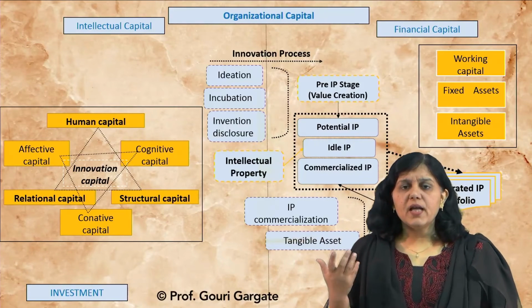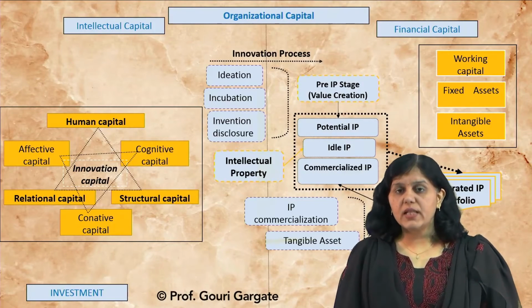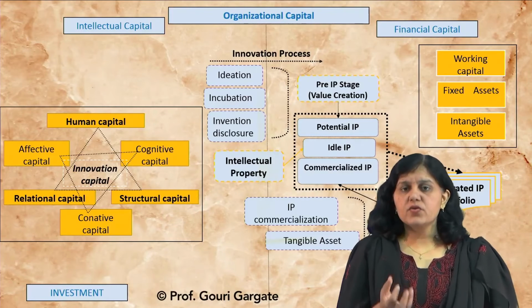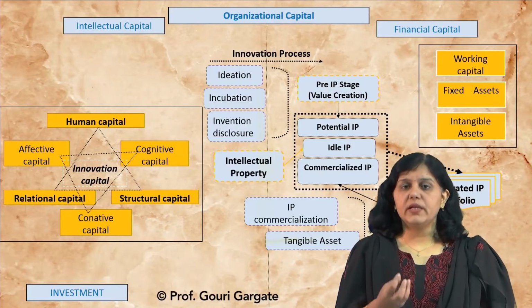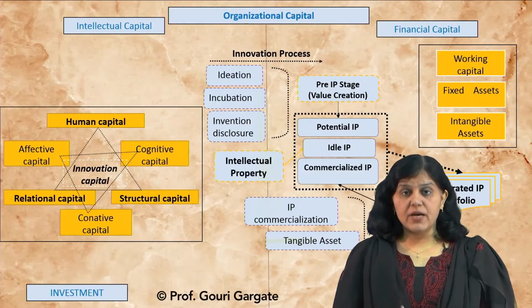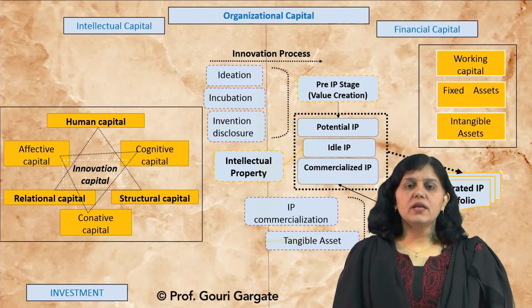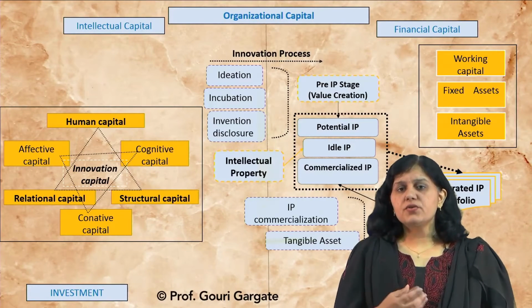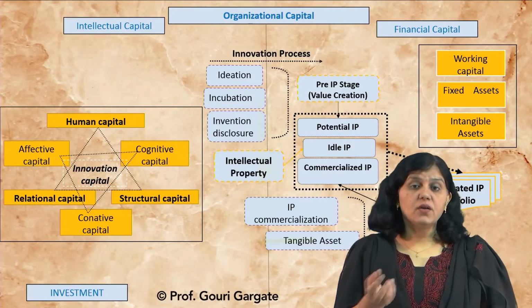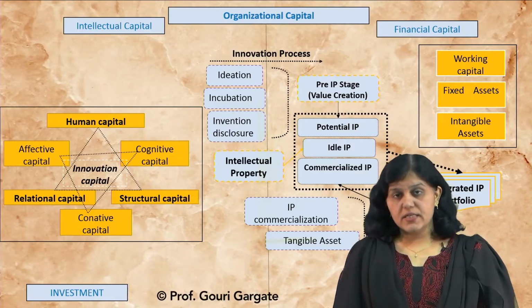And what is that integrated IP? Integrated IP is one of the terms which is commonly used in IP management, that not only patent, we are now just dealing with a patent. So, we are talking about patent, but there is a possibility that along with patent there may be industrial design, there may be some other kind of IP, right? And that also we have to consider. Mainly the organization, they think in that way. If you are a research student, you can think mainly of a patent, and then maybe you can think of an industrial design. There is a possibility of industrial design also.